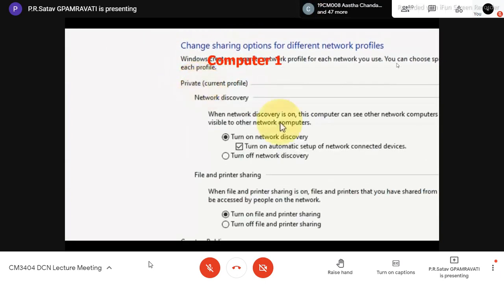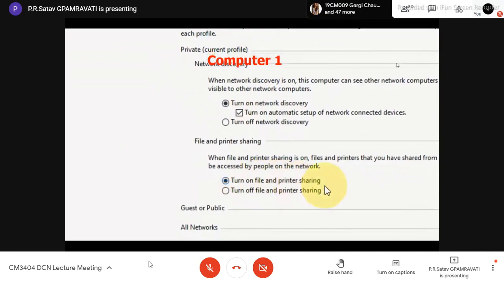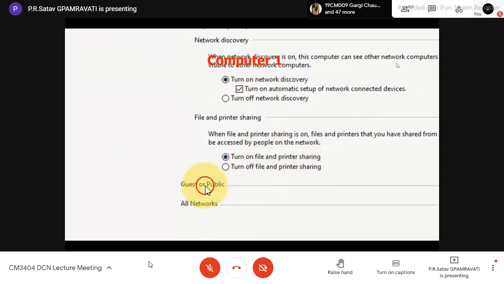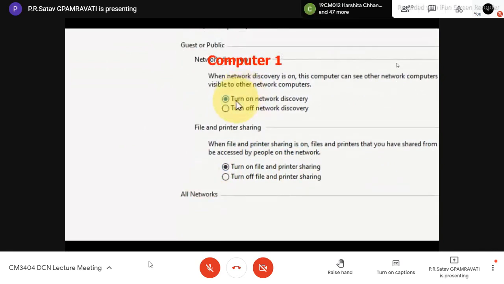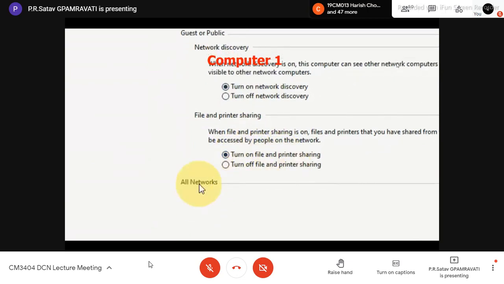In private, turn on network discovery. When we select this, the shared devices can be shown to you. Then file and printer sharing: when file and printer sharing is on, only then will the files be visible to you.